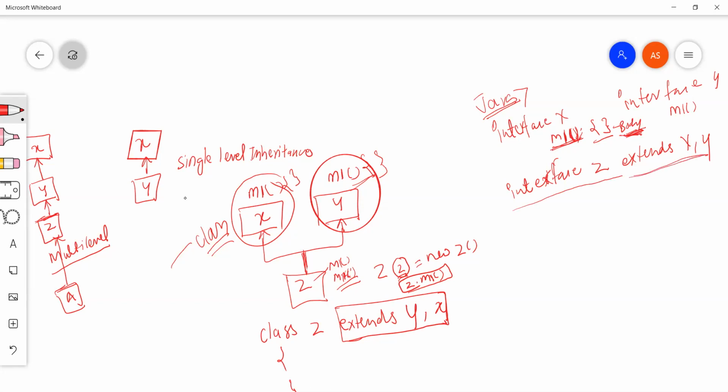Now when I say X and Y, you can see there are two methods, M1 and M1. There is no ambiguity. Why? Because there is no body or implementation associated with this M1 or that M1. So we'll be overriding M1 and providing the implementation or body later on, in its child class. Not even here, because this is the interface, so we don't really need to define it here. There might be some class later on,